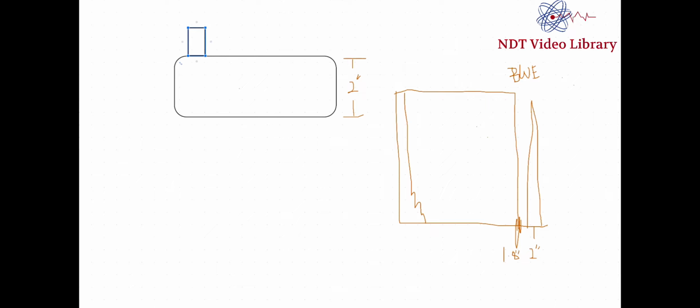If at the first point itself, you're not able to see the back wall, then you got a question. If you're not able to see the back wall in the first placement of the transducer, is it the couplant? Is it the cable of the transducer? Or is it that there's a discontinuity in between? Or is it that the range is not sufficient? So all of these could be a possibility,